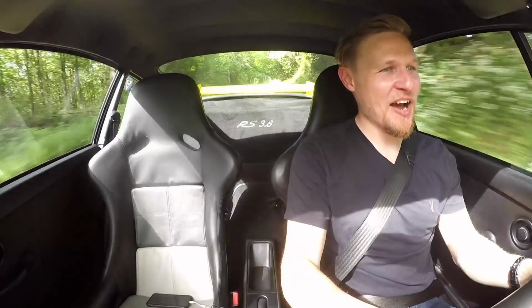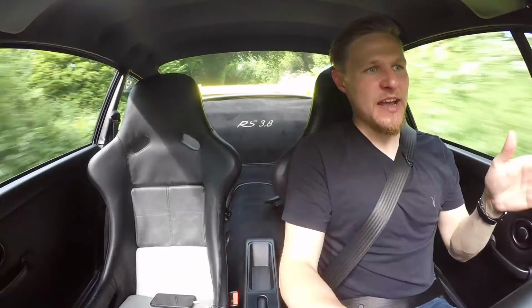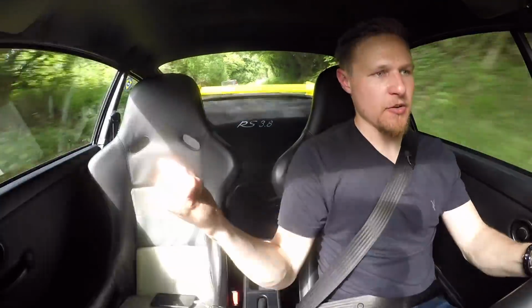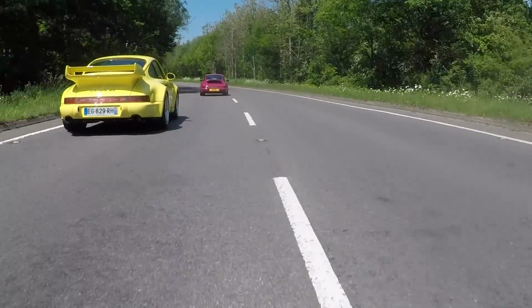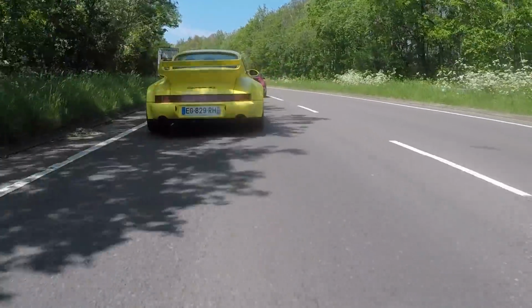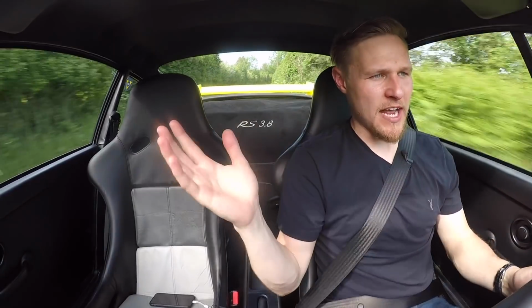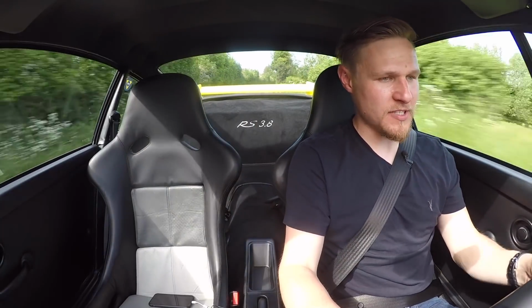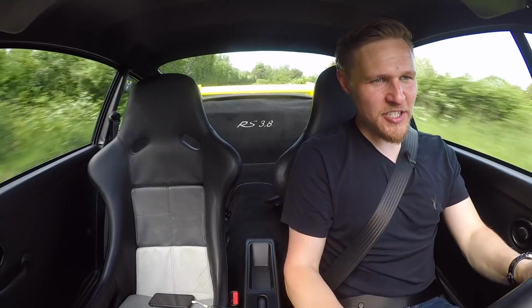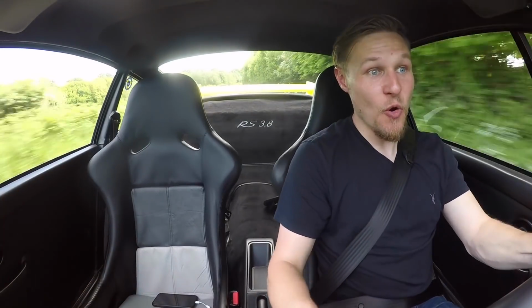Already, this is a totally different animal to the RS 3.6. For starters, I'm on the left-hand side, obviously. The Ruby Stone car was a right hooker. The right-hand drive cars, they get power steering. The left-hand drive cars don't. So it's not really a fair comparison between the two because the right-hand drive does have power steering. But what I will say is the steering on this just feels alive. It's just completely unfiltered, and the noise